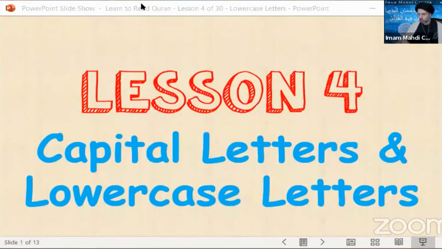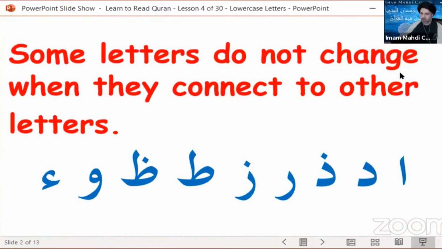Tonight, inshallah, we will continue our tutorials on how to read the Holy Quran, and tonight we will go through our fourth lesson, which will be the beginning lesson on capital letters and lowercase letters. The letters that we have gone over so far are what we would consider the capital letters. And just as we have capital letters and lowercase letters in English, we also have capital letters and lowercase letters